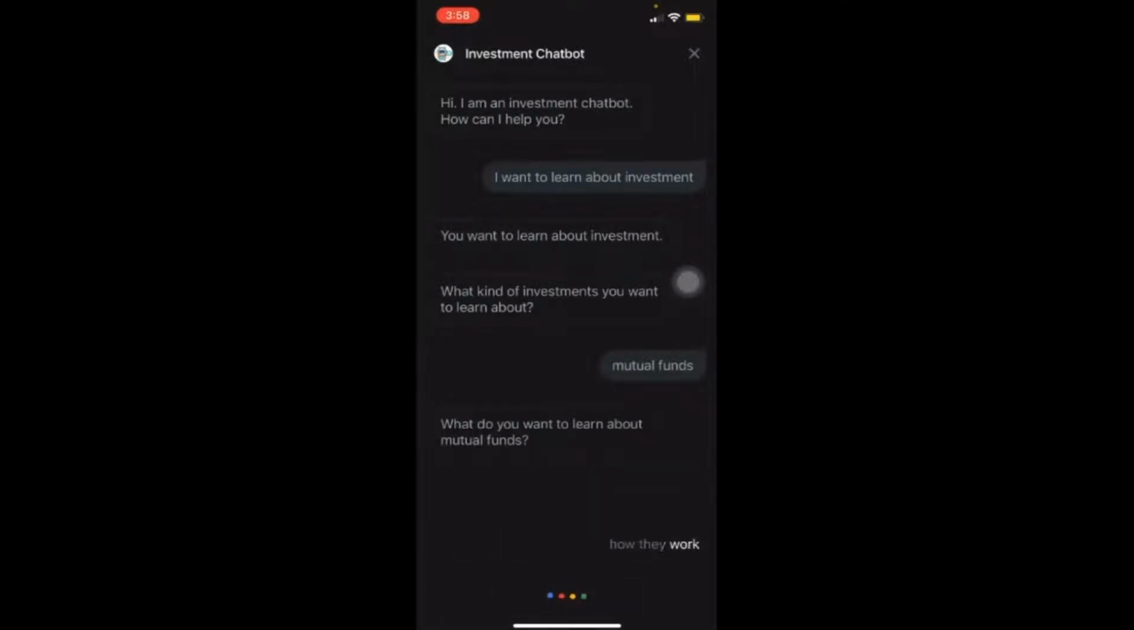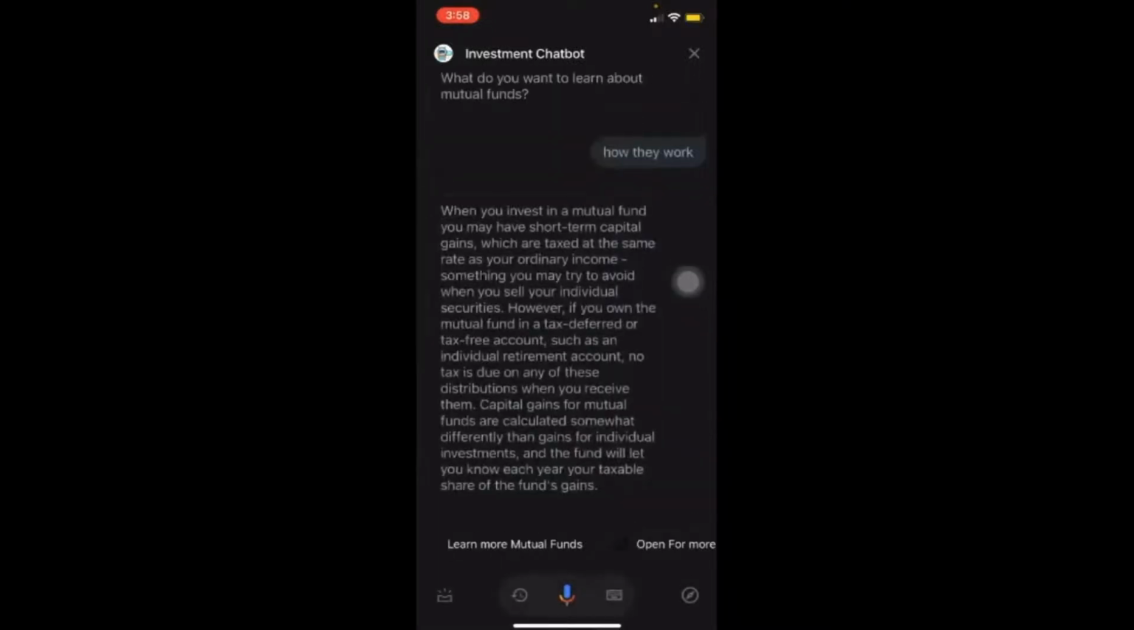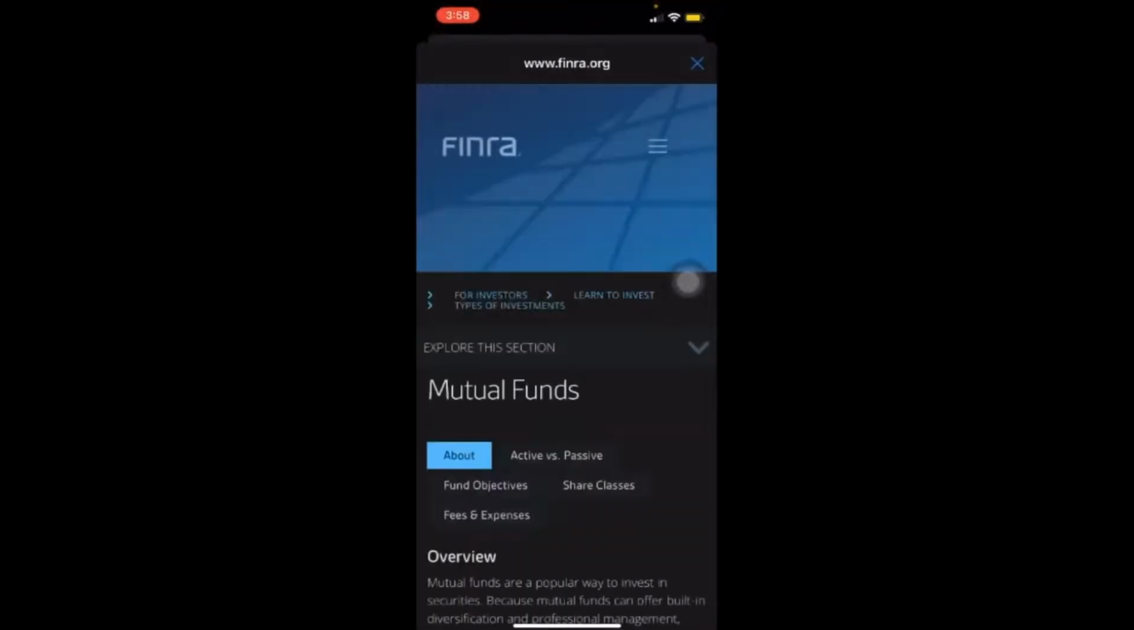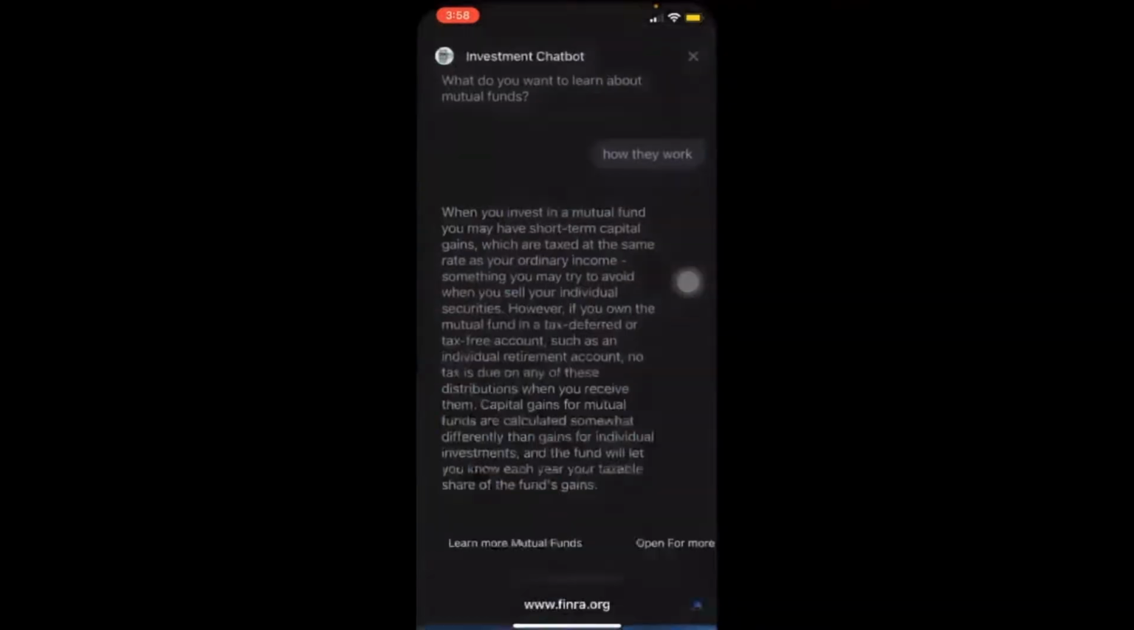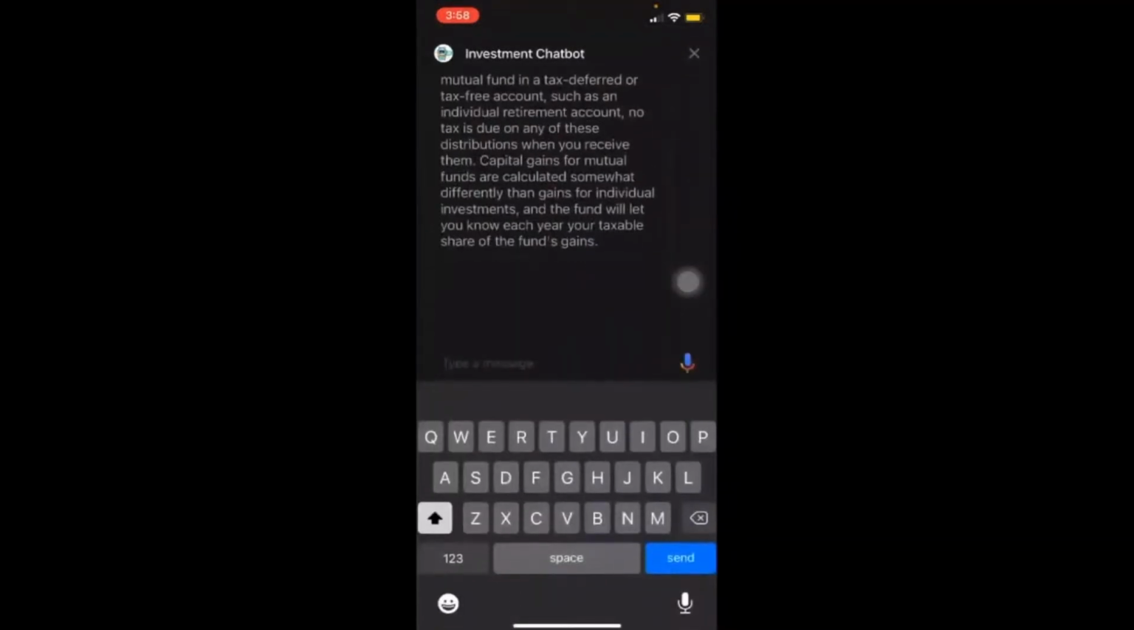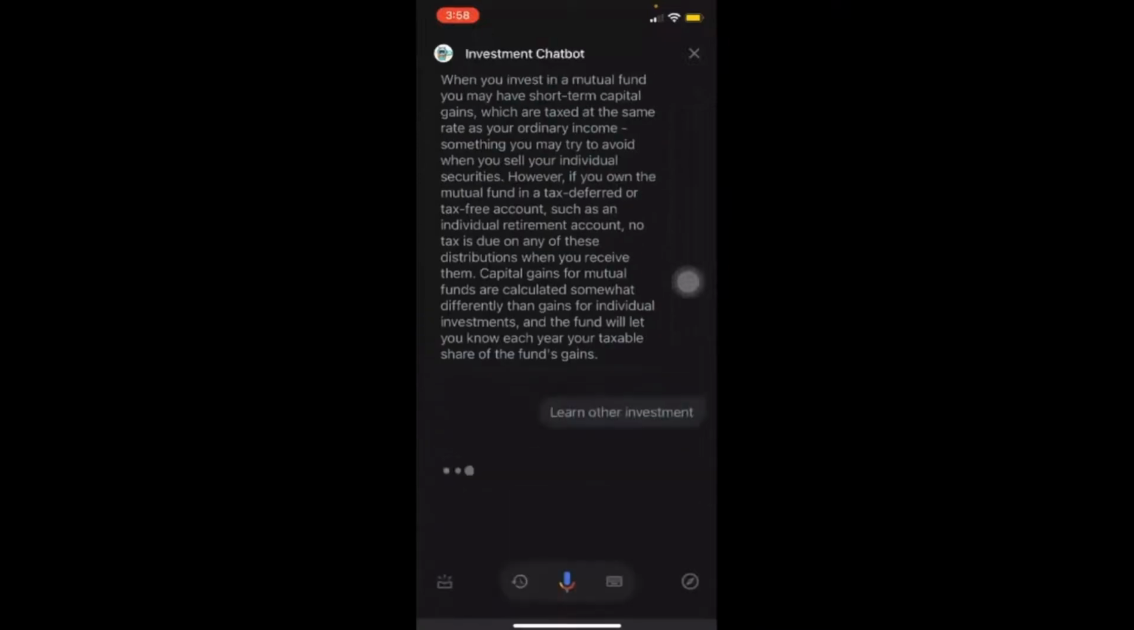How they work. When you invest in a mutual fund, you may have short-term capital gains, which are taxed at the same rate as your ordinary income, something you may try to avoid when you sell your individual securities. However, if you own the mutual fund in a tax-deferred or tax-free account, such as an individual